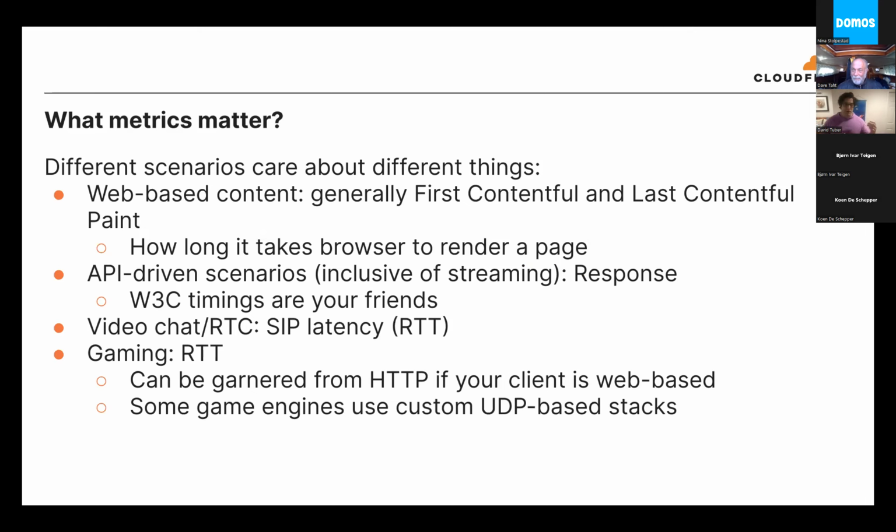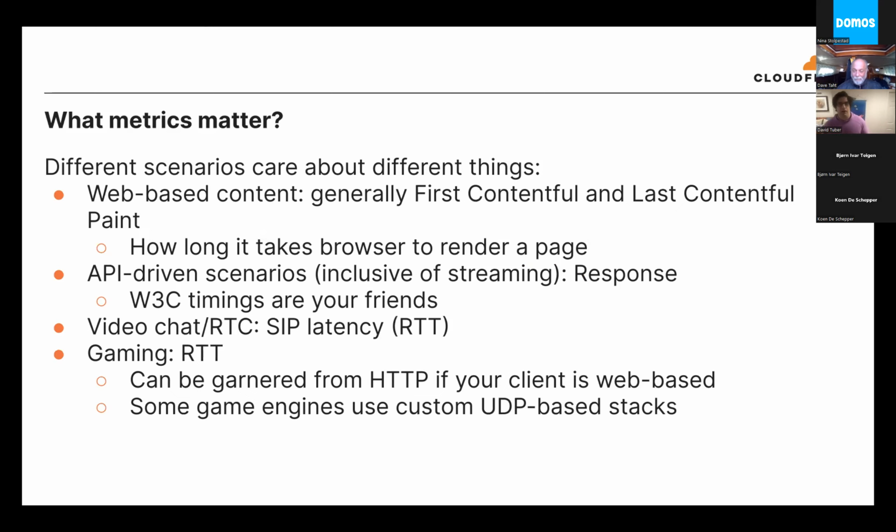If you have content that's rendered in parallel as opposed to in sequence, you may be faster. If you have pre-rendering, which is some new technology that Google is developing, then you may get even faster. So applications with lots of images and static content to render benefit not just from raw network components and how fast your server is, but also from how fast your browser can actually render things.